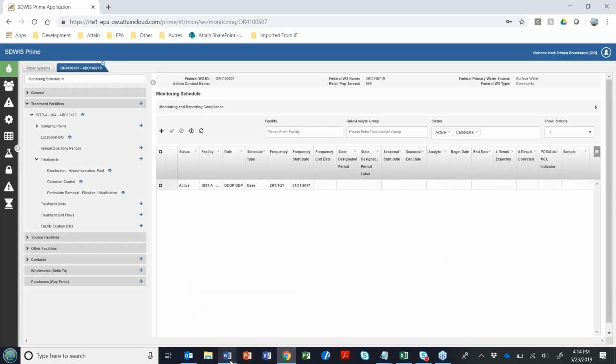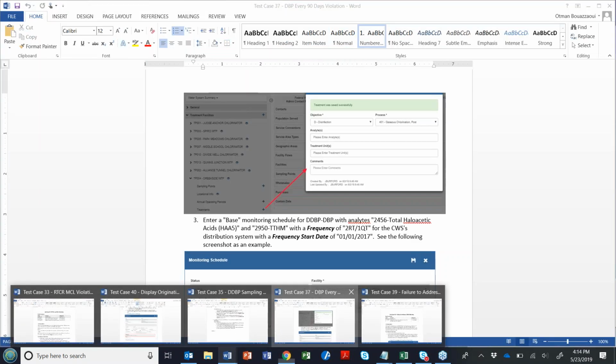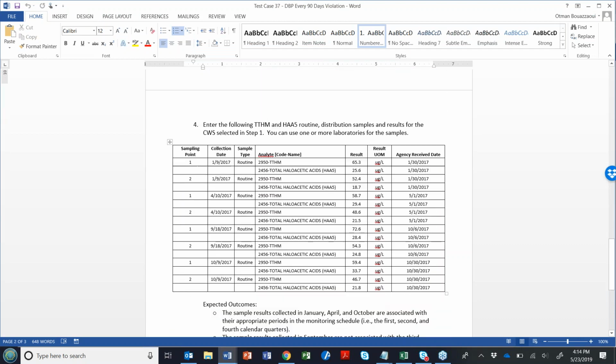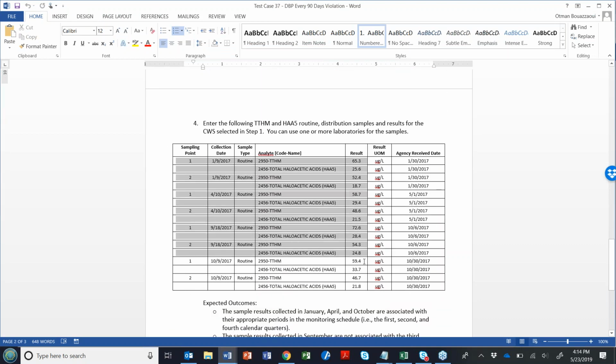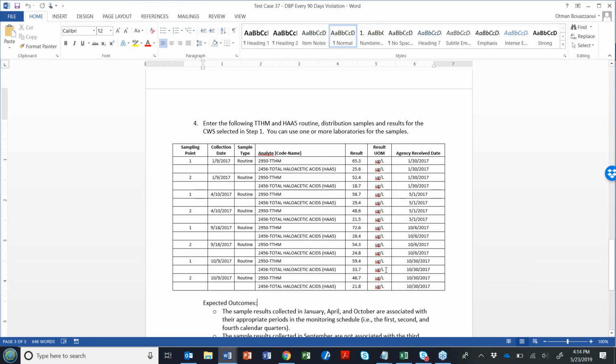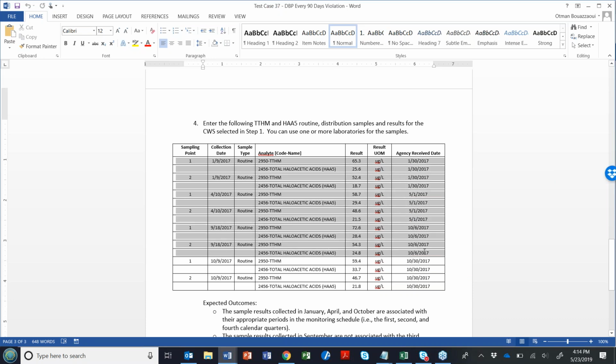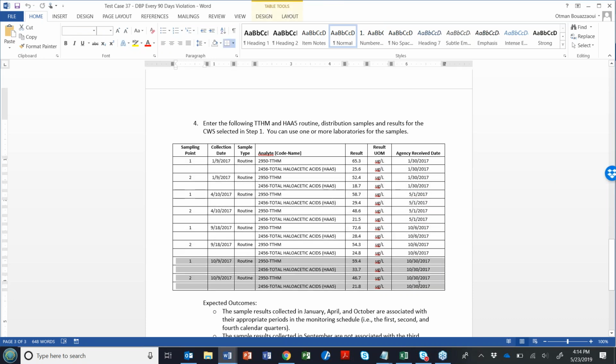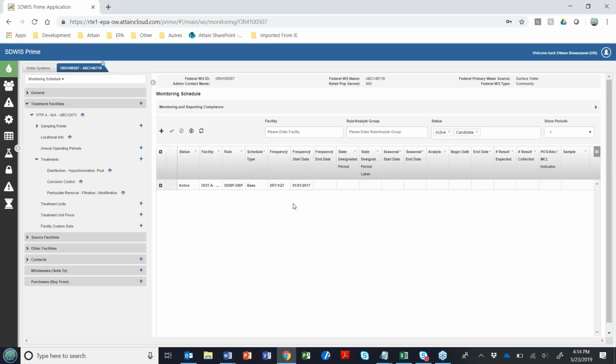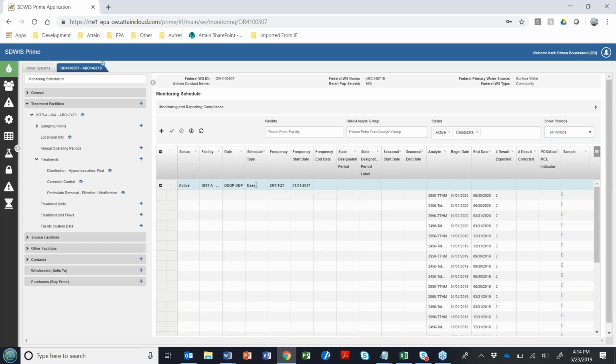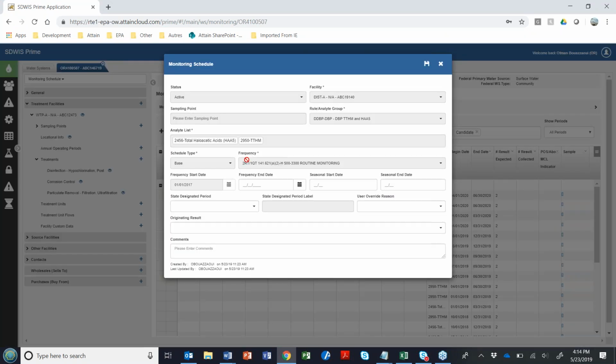Well, actually, to speed up the process a little bit, because if I go down here to the list of samples that need to be entered, we're talking about 8 samples that need to be entered. So what I did prior to this call is that I entered 6 of them, and together we're going to enter the last 2. So if I go back to the monitoring schedule here, hit all periods, expand, let's look at the details of the requirement first. So we're talking about 2 routine samples every quarter. We had it start on January 1st, 2017, so we're good.